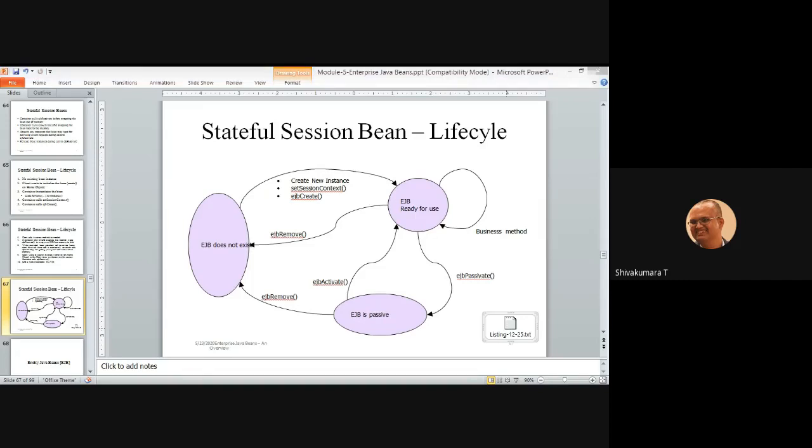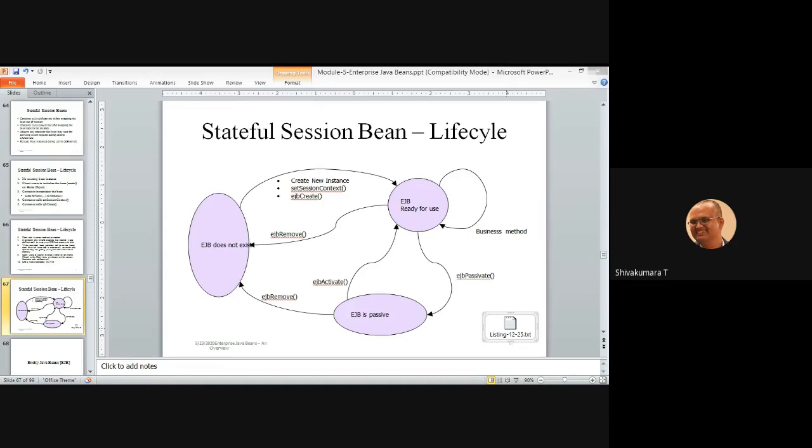So this is one simple code snippet to illustrate the session bean. Import javax.ejb.*. You are defining MyEJBBean, which implements the SessionBean interface. It has the methods ejbActivate, ejbRemove, setSessionContext, ejbCreate, and this is the business method.